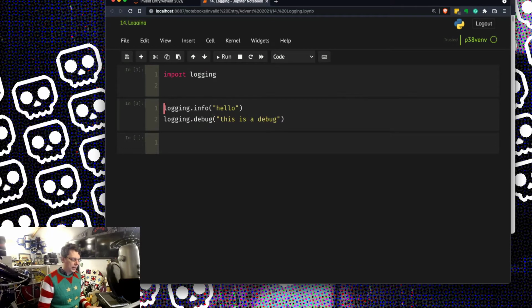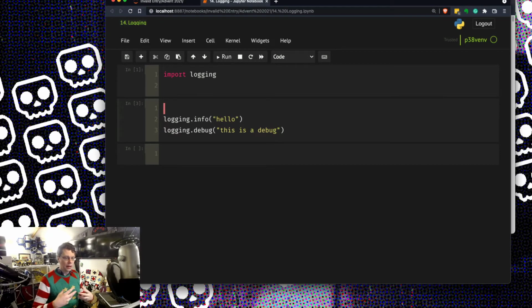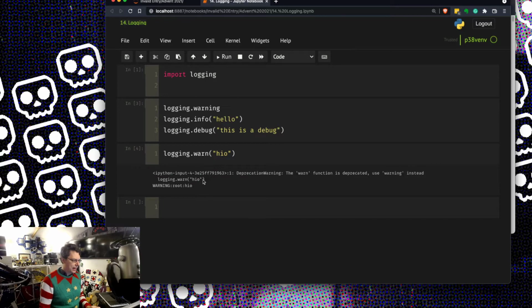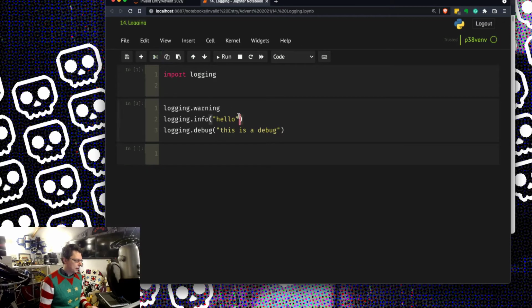a level of logging. And when you start using logging, you really have to decide what you're going to put in these different levels. Debug is usually the most verbose. And the idea is you select a level to log out, and anything above that level also goes. So it's logger.info, logger.warning, logging, sorry, not .warn. If you use .warn, you actually get a warning. It works, but you actually get a warning. So don't do that. Warning, hi.